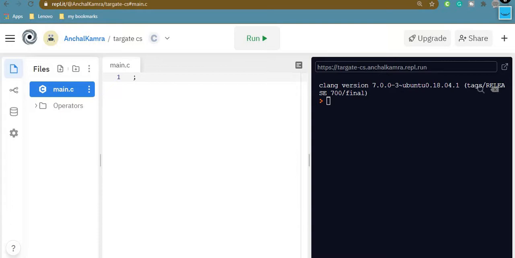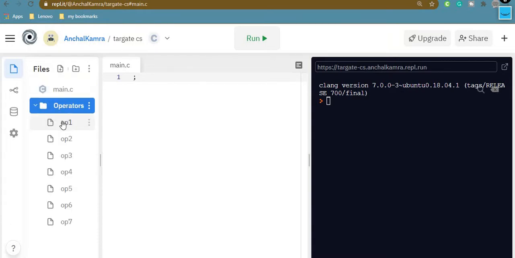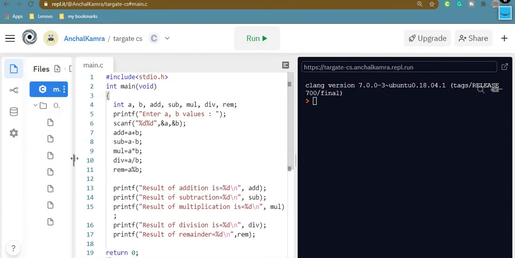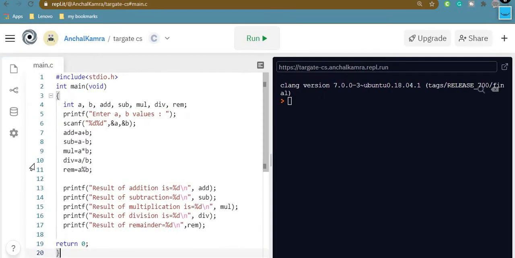So this is our IDE. Let me execute the first program of operators. So here is our program, right? It is the same program that I just showed you in the PPT.